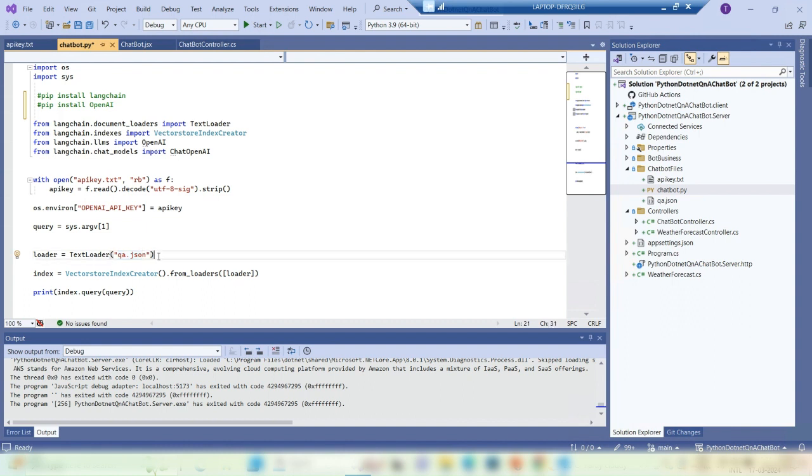What is this QA.json? So we have our own JSON file where we mention question and answer. This question and answer will be loaded into the loader variable, and then we will create an index using the VectorstoreIndexCreator.from_loaders, right? And this loader will pass here, and it will create an index, and from this index we will query,